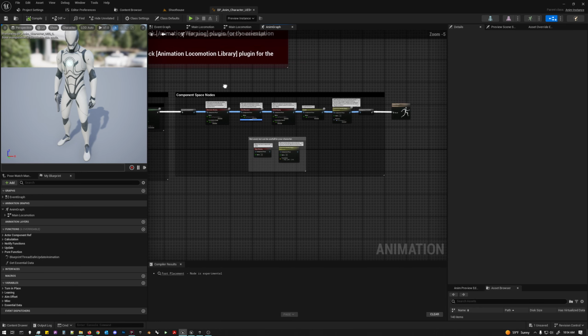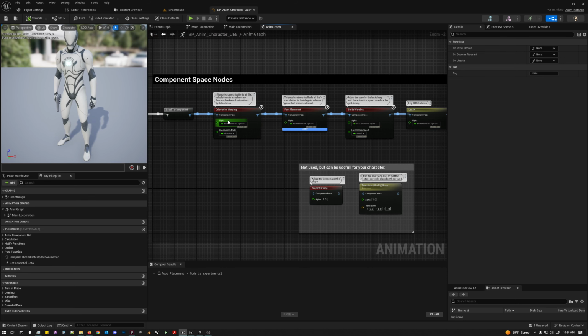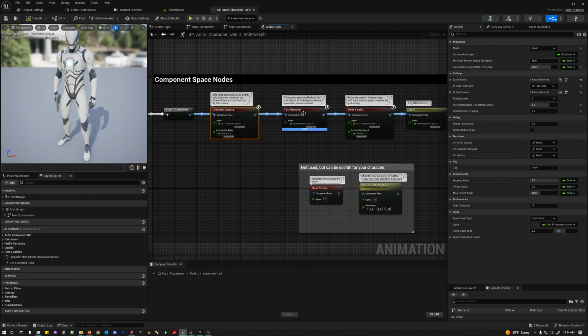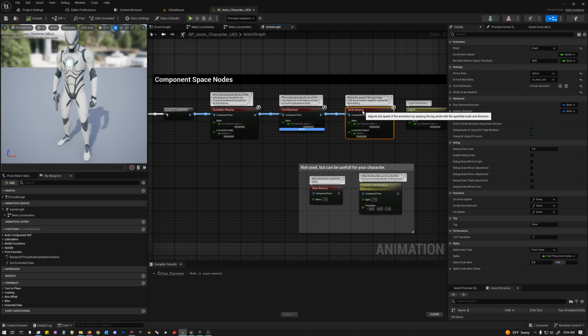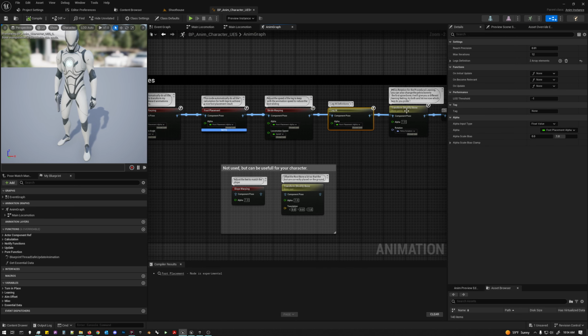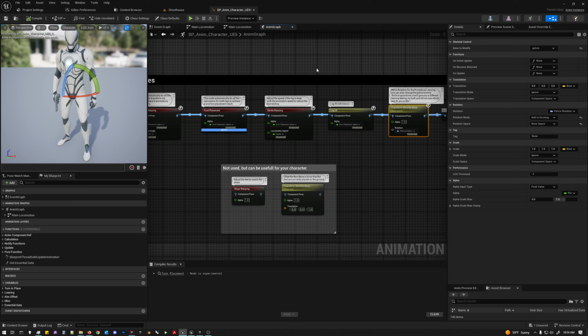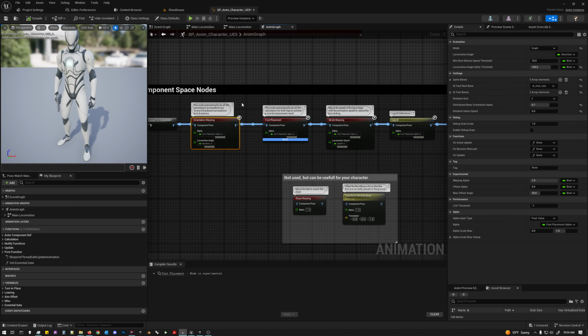And then on the back end, so here's our output pose, right? So this is the last bit of the animation graph. They're doing the orientation warping, foot placement IK stuff, stride warping, leg IK, and this pelvis leaning stuff here. Orientation warping is all about